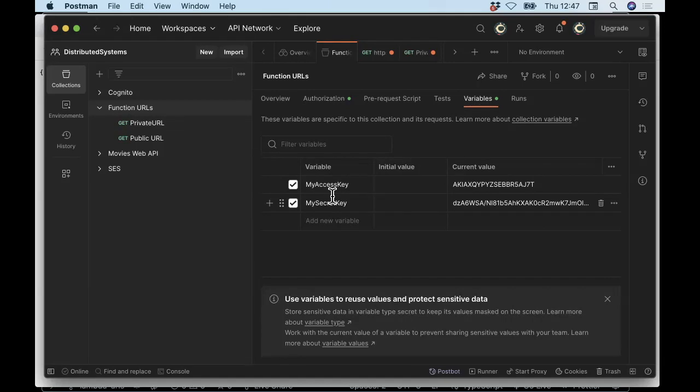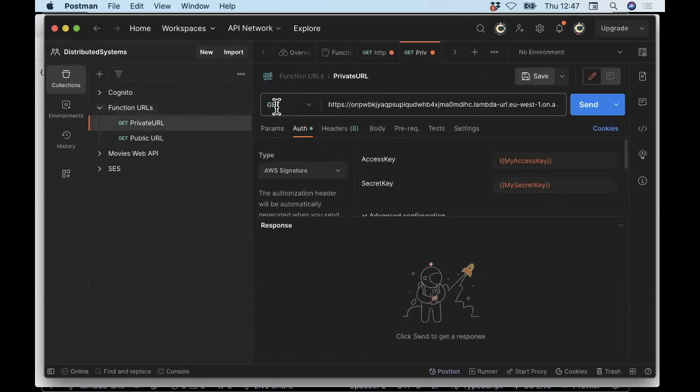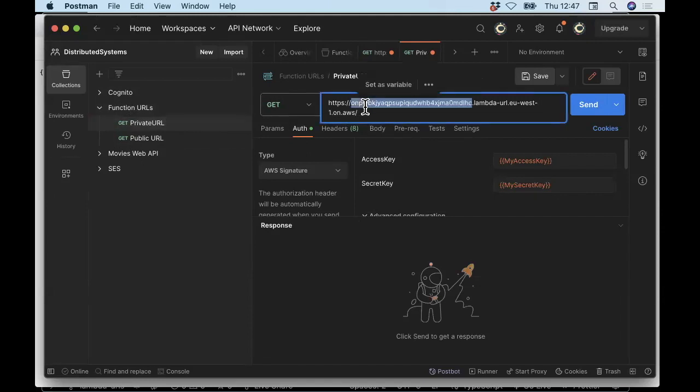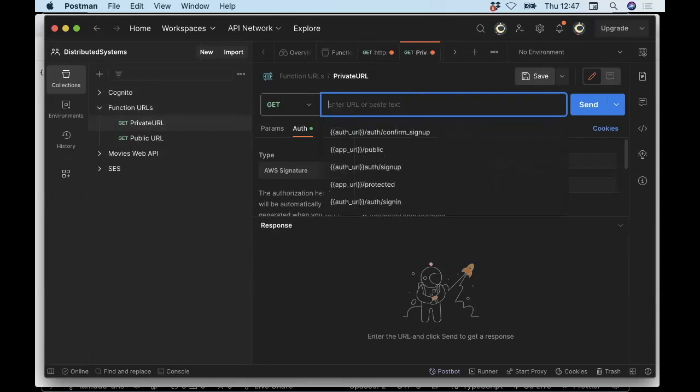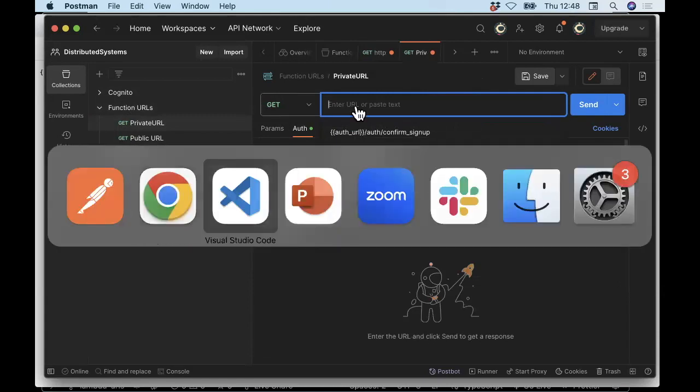So I'm configuring my collection. Within a collection, then you can generate a number of requests. So this is my collection and these are the requests, and it's easy to generate more requests. So if I just select this request here, it's a GET request. Now I need to provide a URL. The URL is the one that was generated by my CDK. So if I put in the URL from VS Code in there,